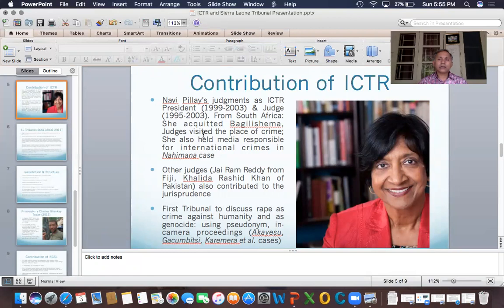And I should also tell you that she was also the judge in the Nahimana trial. In that trial, she was one of the judges who held the media responsible for international crime. It's not normal to say that media people can be held responsible, because they will say that what the government is doing, they were also doing. But then what she said, if I take you